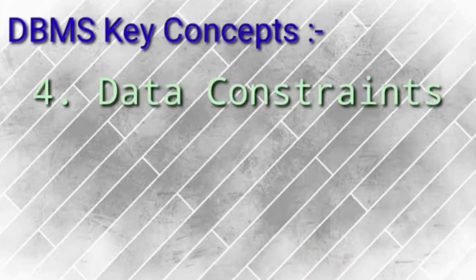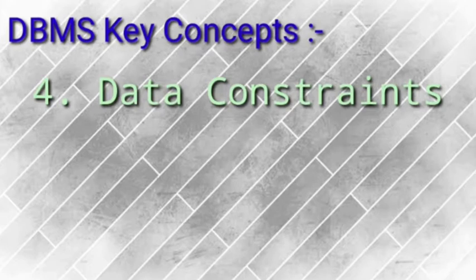Whatever data is stored in the database in the table must fulfill some rules and regulations or conditions so that it can be easily validated when the required data is stored. For example, if the name column has a constraint that a string should be inserted into it, no one will be able to enter a number in it. That is how the name field can be validated: a string value should be entered in the name field, and an integer value can be entered in the roll number field or a class field. Those rules and regulations are defined as data constraints.